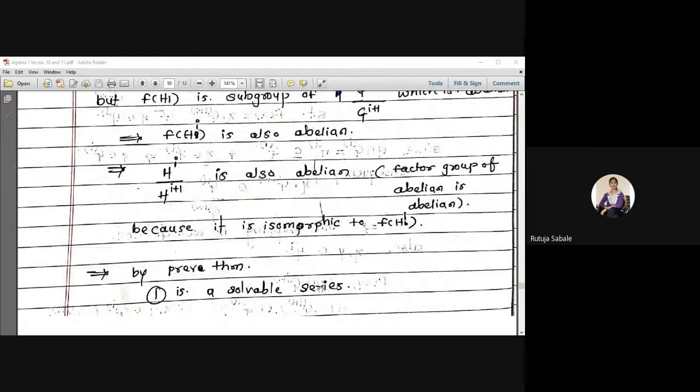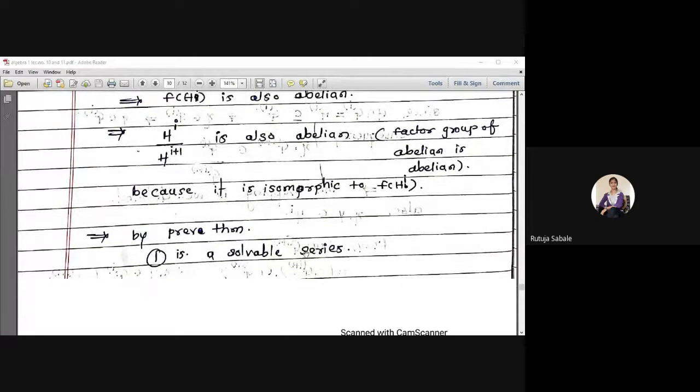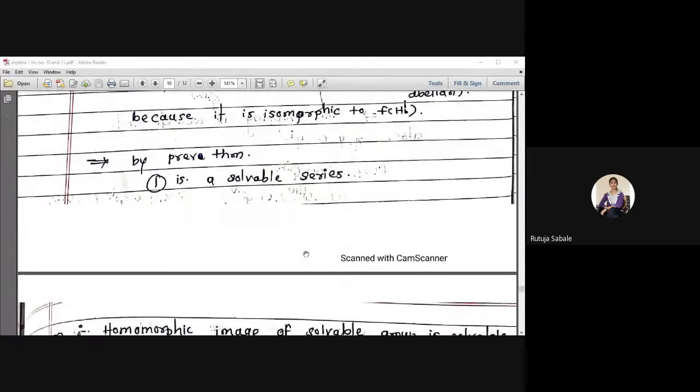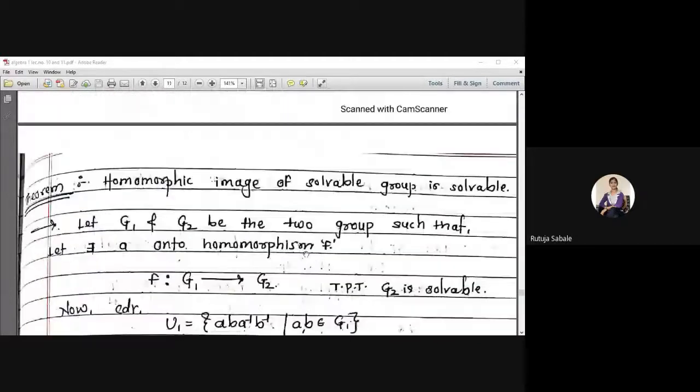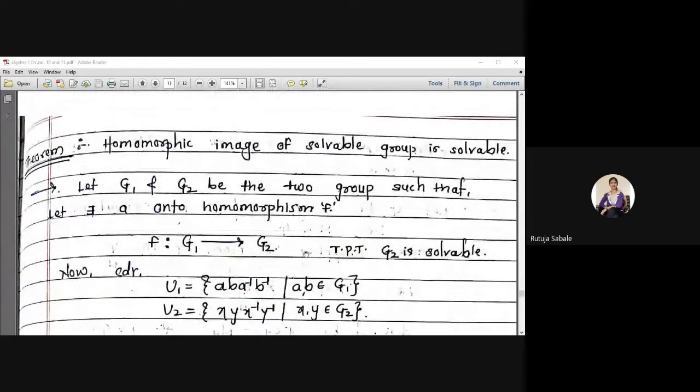Hence the given series is a solvable series. Hence, H is a solvable group. Hence, the subgroup of a solvable group is solvable. Okay, let's move ahead. Okay, the next theorem is